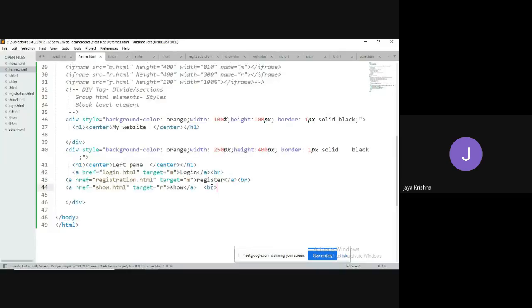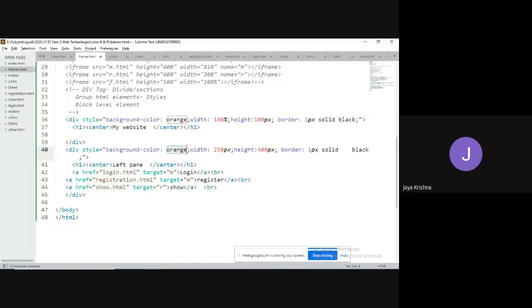You can go for that. Like this you can use, so you can have your own adjustments. But my main concentration here is that the division tag is meant to divide the page, and you can write your own content on that particular division. So the most useful tag in our entire HTML is the division tag, so that once you make a division, you can apply your own styles on this division tag.